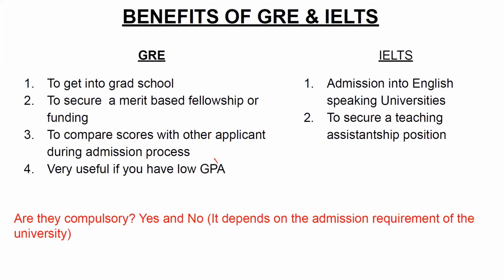It's used to compare other applicants. I just said that, and it's very useful when you have a lower GPA. Let's say you just graduated from college, and you had a very low GPA. You know you're a good student, but you had a low GPA. The only thing you can do is to take the GRE test, and then the GRE will serve as proof that this guy